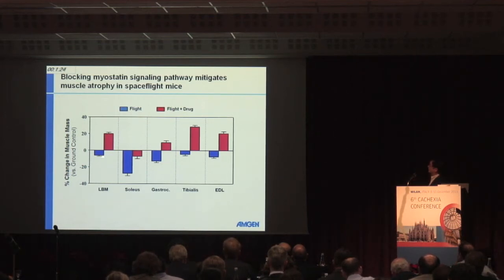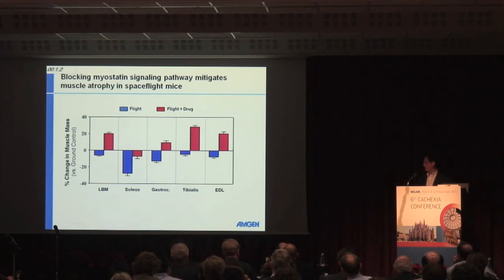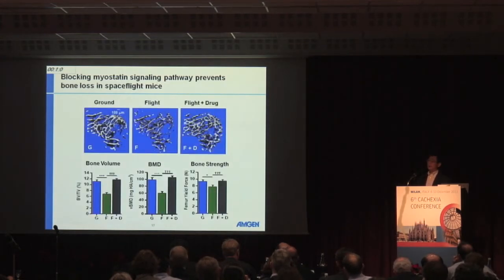And here you see the blue bars showing the lean body mass and individual hindlimb muscle mass, and the decline compared to the ground control. In contrast, the treatment mitigated the muscle mass loss pretty much. And in fact, for some muscles, they grew bigger compared to the ground control. And that's not the whole story, because